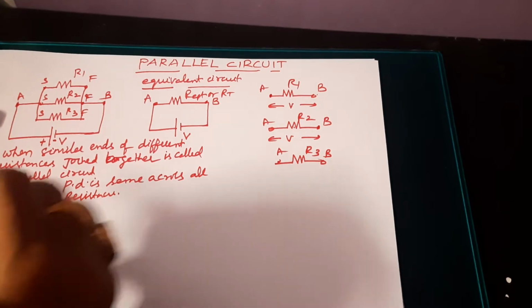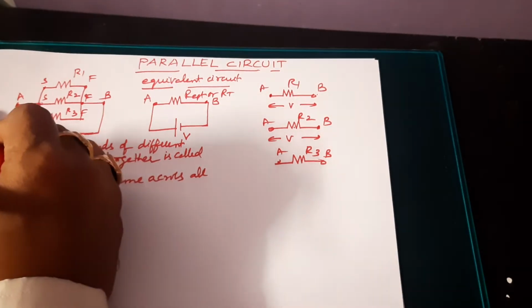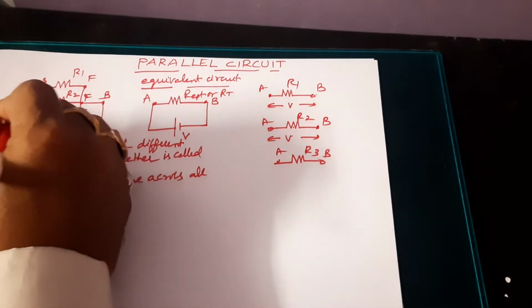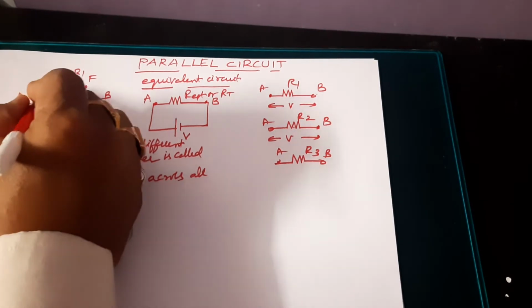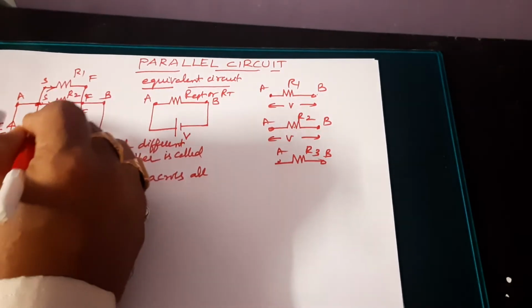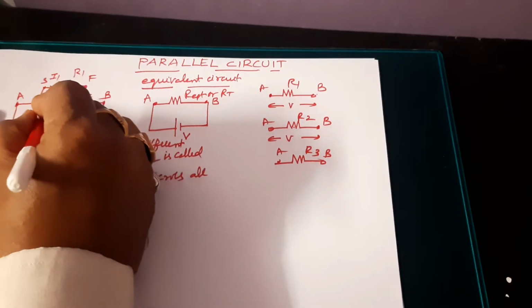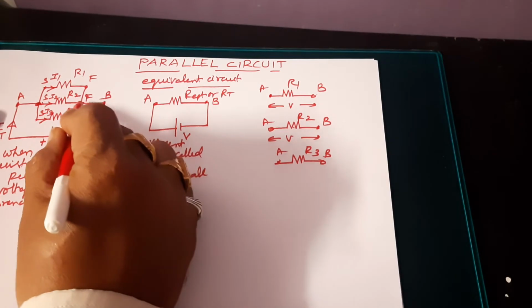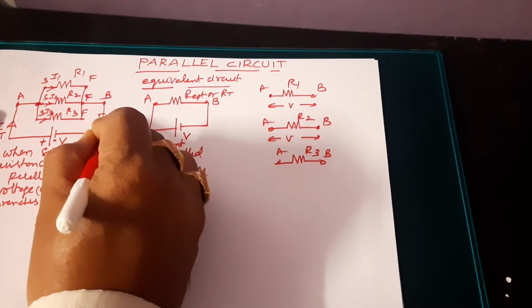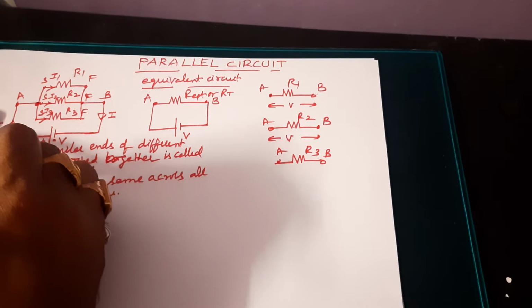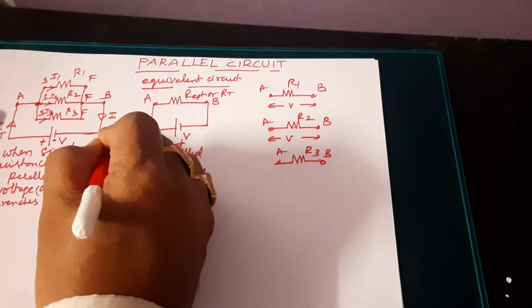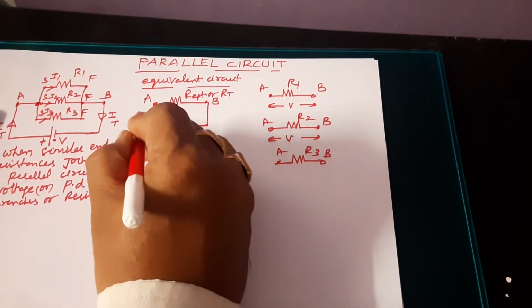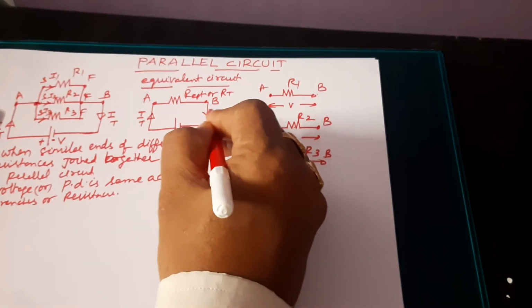The third point is once we apply the voltage, the current will be supplied by this battery, that is the total current. The total current at this junction is divided among the three resistances with the values I1, I2, I3, and once again these three will combine at this point and it will be returned to the battery. So whatever the total current is coming from this battery, that will be returned to this. Is it clear? Now in the equivalent circuit also we show the total current as I total.